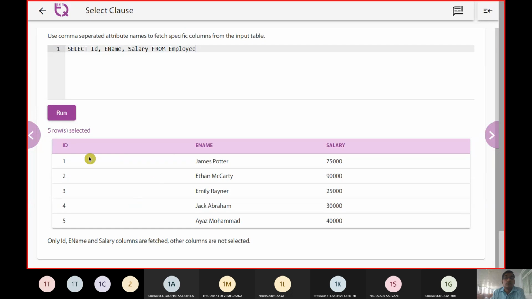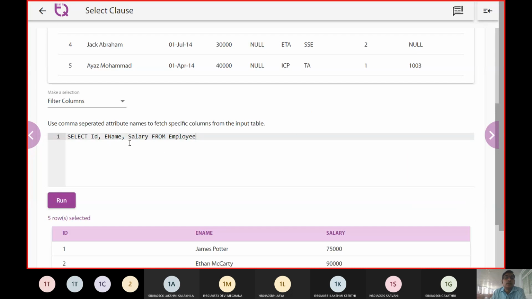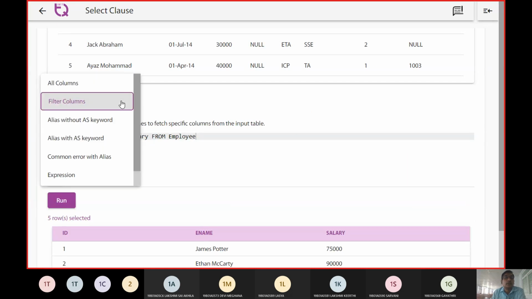So we will be getting these 3 columns. Yes, we mentioned we need to bring up the 3 columns in that case.